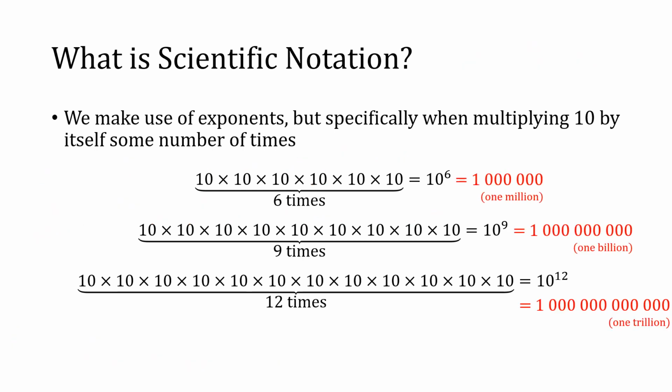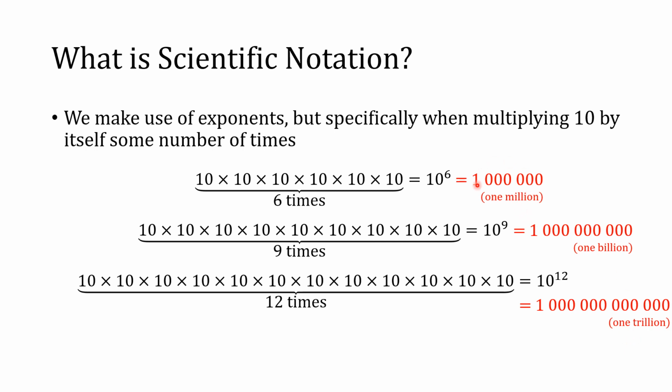But what we can see, I'll just give you the answer here, is that for each of these 3 cases, if we actually compute the answer by going through the multiplication, we get these fairly large numbers, right? We start out with a million, which maybe isn't an enormous number, and then we've got a billion, which is a very big number, and then we've got a trillion, which is a number that,